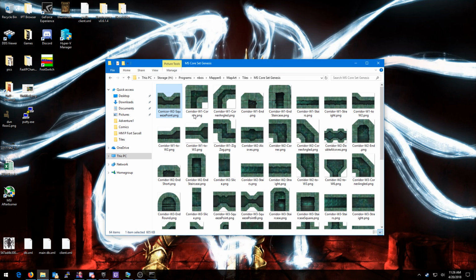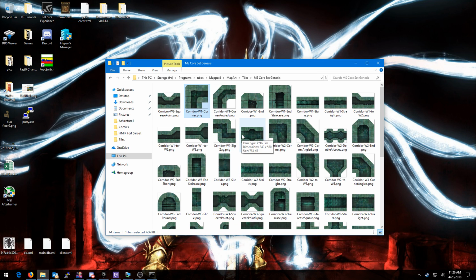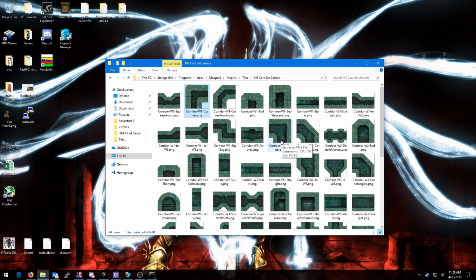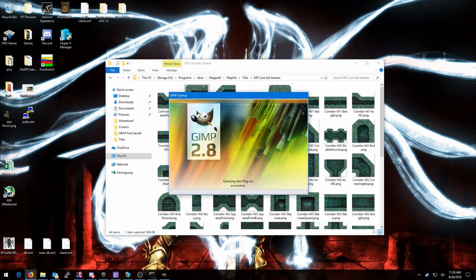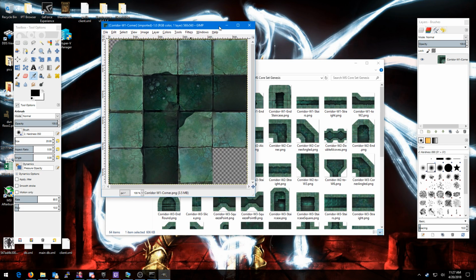Gotta fix that. Alrighty, so real quick, we're going to start working on a map today using GIMP for the setup. So here's a set of tiles that we got that we're going to work with. There's a few more as well somewhere, but we'll get to all that. Let's just go ahead and get started here. Okay,